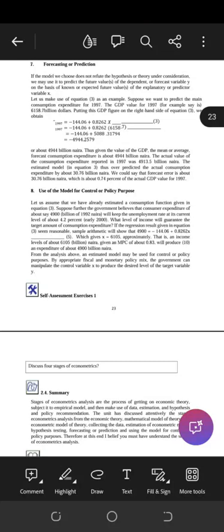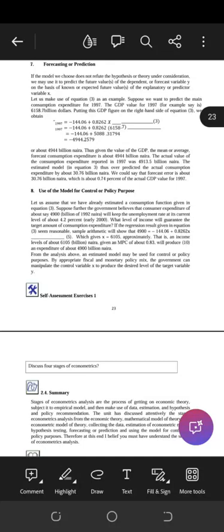So we have 1997. The consumption function is minus 144 plus some coefficient times X. So we can now say, okay, if GDP or income is a particular value, what should be our consumption expenditure on average? If GDP is a particular value, what should our consumption expenditure be on average? So here we want to predict: when GDP is 6158.7, what do we expect consumption to be on average?